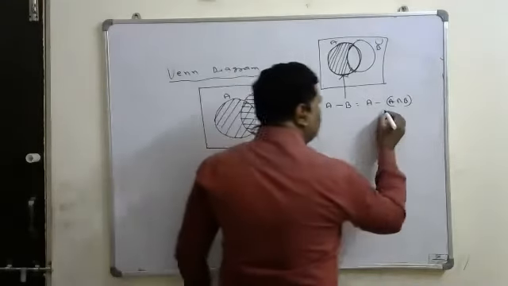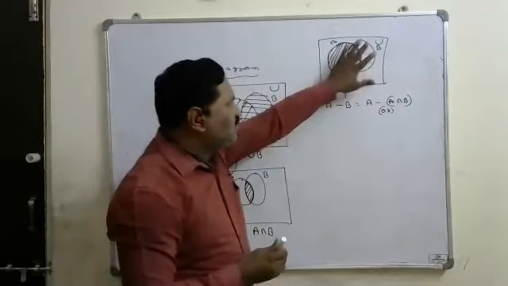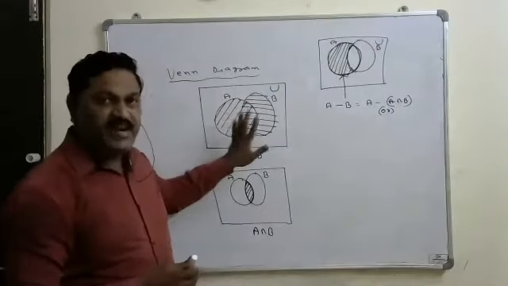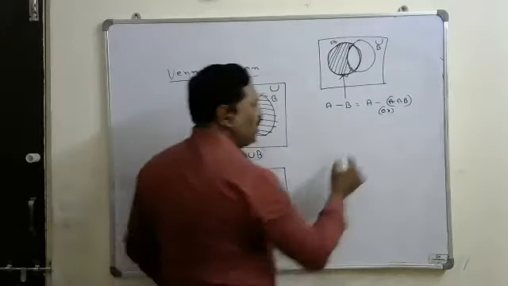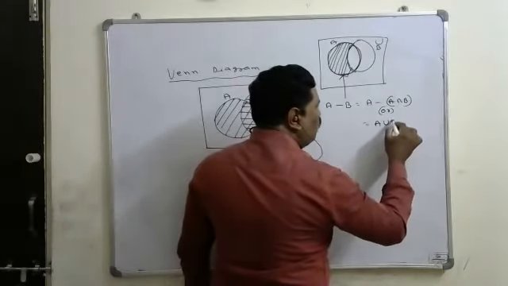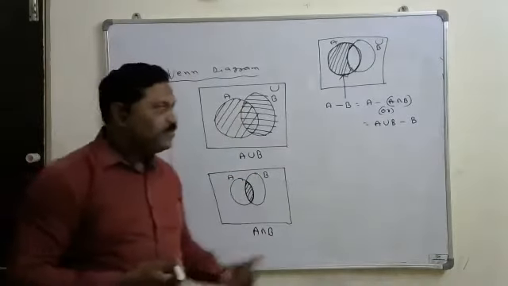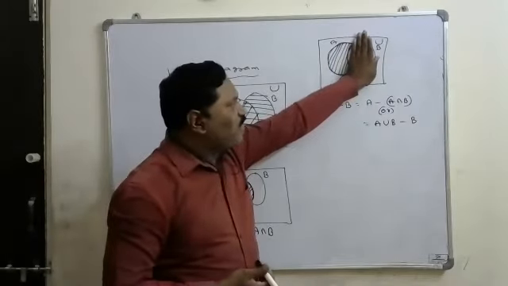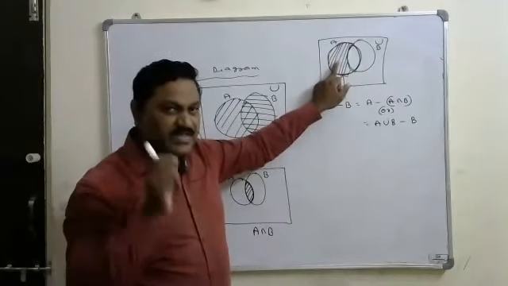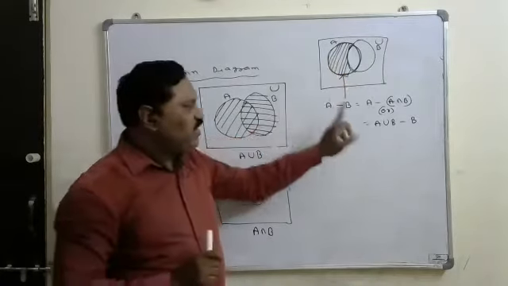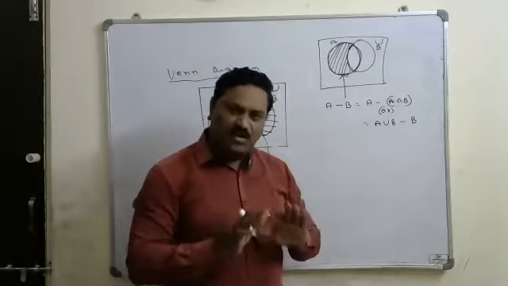Or you can also write it like this. This entire area is going to represent A union B, this entire hashed area. From that, if I subtract this B part, we get the remainder. That's why you can also write A union B minus B, the formula for A minus B. Means from this entire union part, if I subtract this B part, we get this hashed area. That's why this hashed area is represented by A minus B. That A minus B, we can also write as either A minus A intersection B or A union B minus B.